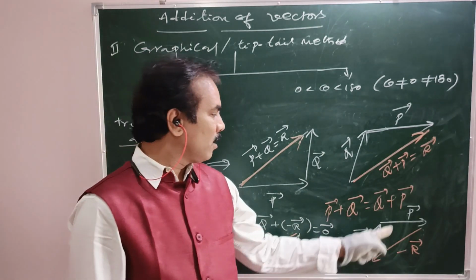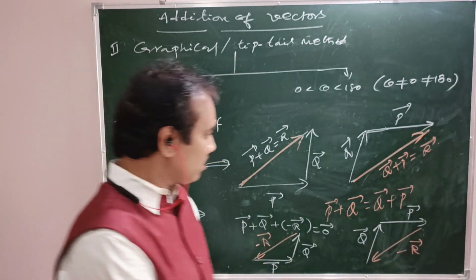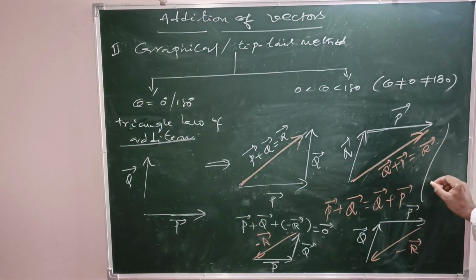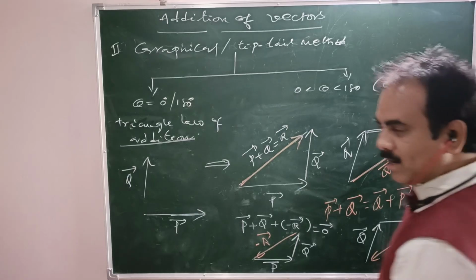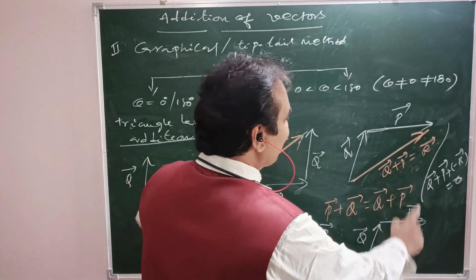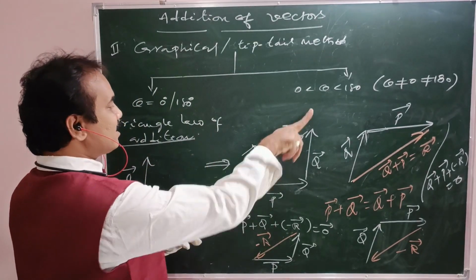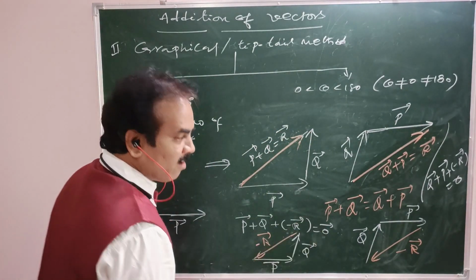Okay. So in this case, Q bar plus P bar plus or minus R bar equal to 0. See, here Q bar plus P bar. Take this R bar to left hand side, that is plus of minus R bar equal to 0. Right? Now is this the negative vector of resultant or not? Yes. Why? Because this is a resultant. Now this is the negative vector of resultant. Here also, this is the resultant. Now this is the negative vector of resultant.